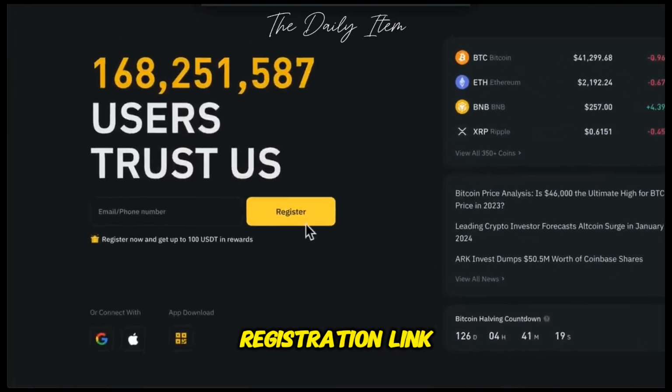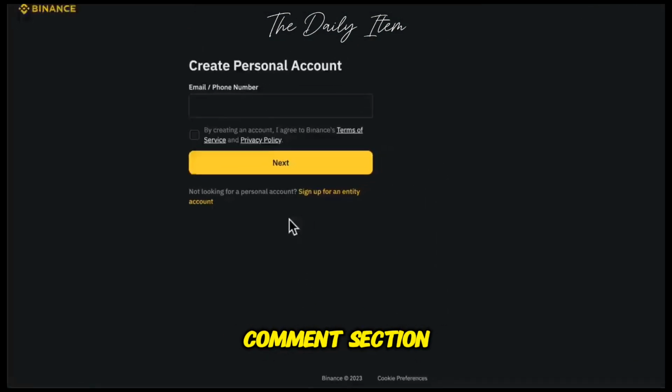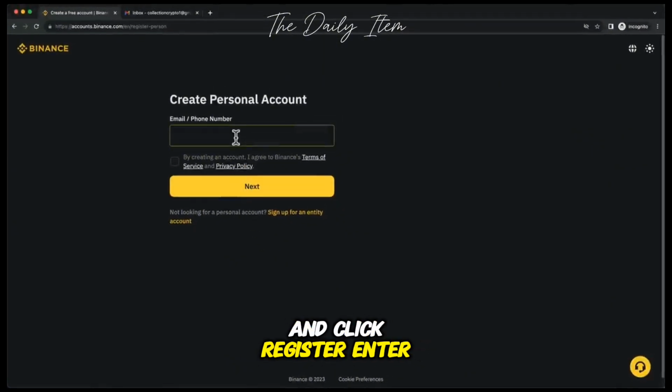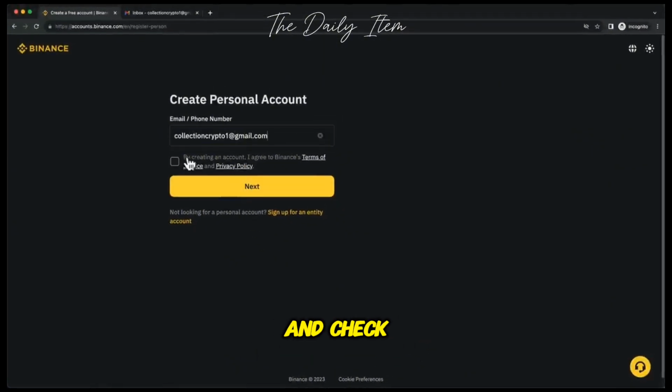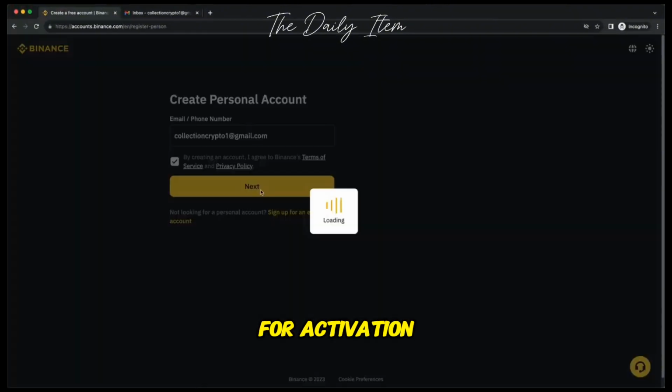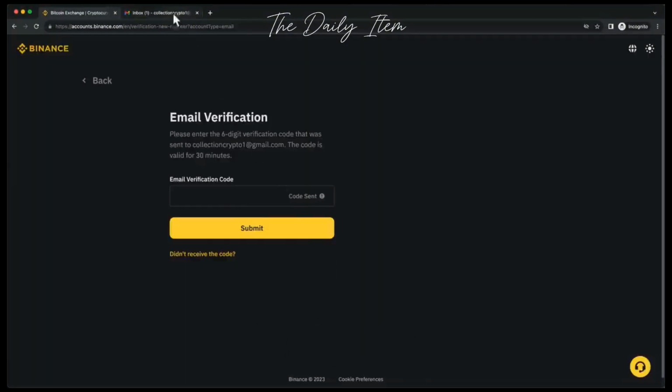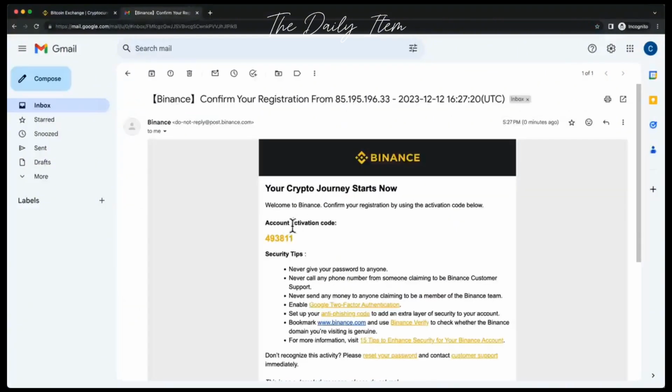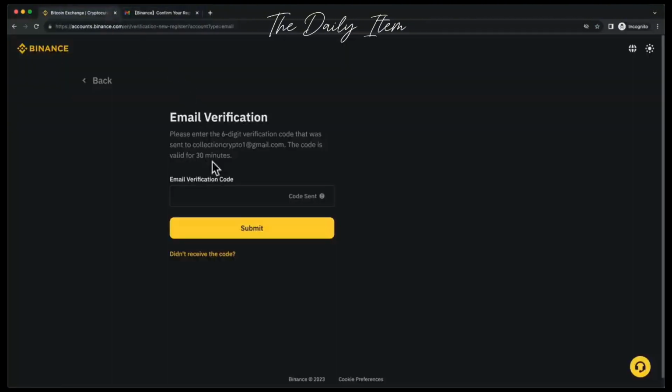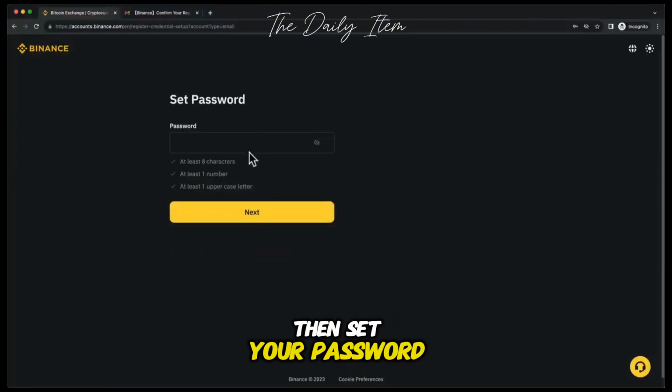First, go to the registration link in the description or comment section and click Register. Enter your email and check your inbox for an activation code to verify it. Then set your password